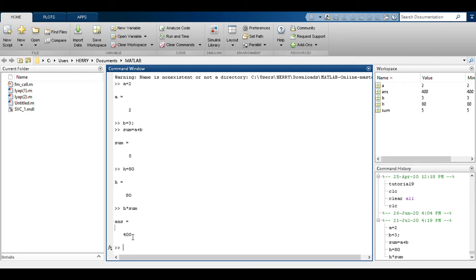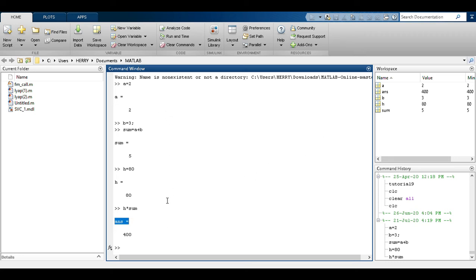So the answer is 400. Here we haven't defined any variable for the result; we have written only h multiplied by sum. If you have not defined any variable, then MATLAB will by default consider the variable as ans, the default variable of MATLAB. All these variables will be stored here.